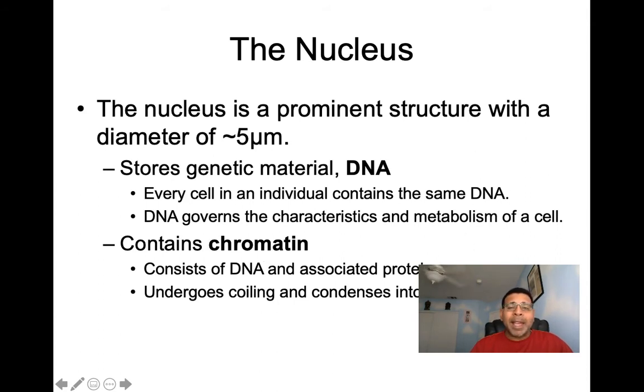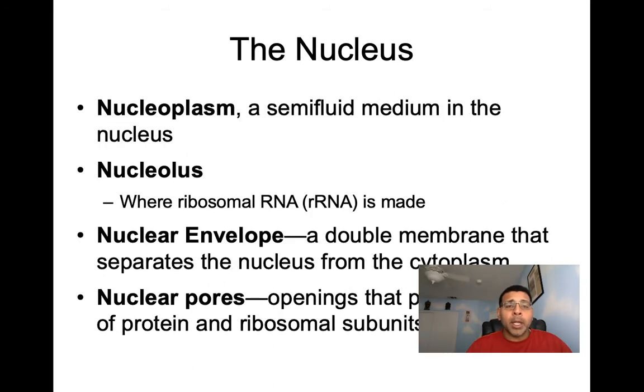Chromosomes are basically a single piece of coiled DNA. And I want you to know human cells contain 46 chromosomes, or 23 pairs. Also found within the nucleus,